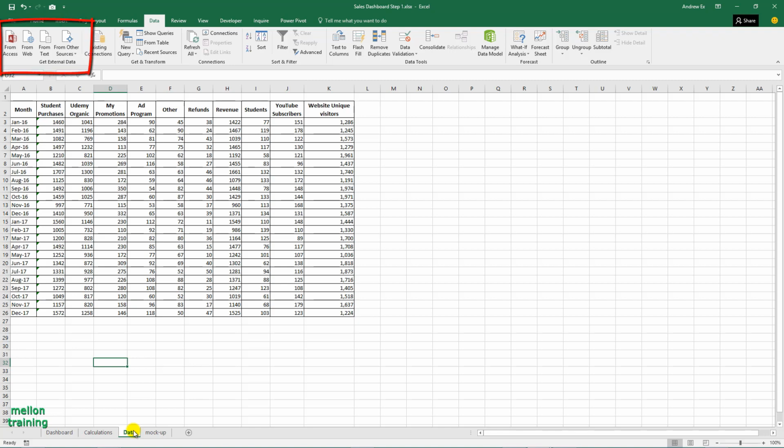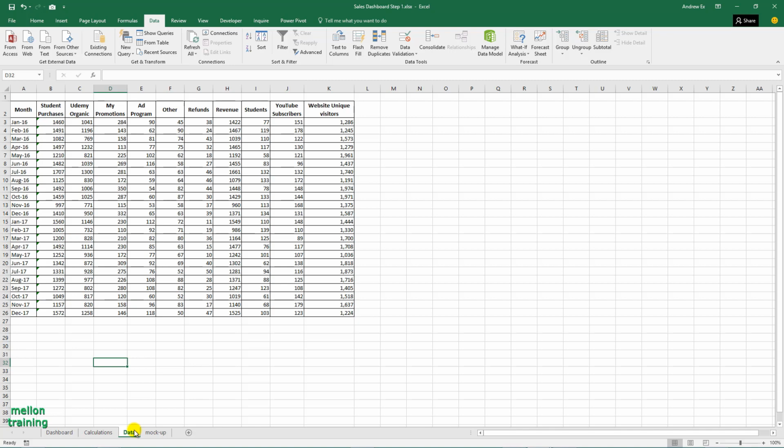The Data tab and Get External Data button are also a big help if you have to collect data from other sources. That being said, my data is ready, and any type of formulas and calculations will be on the Calculations sheet. One more sheet that I could add is an About sheet, which will explain what the dashboard is about. Now let's get started with our calculations.